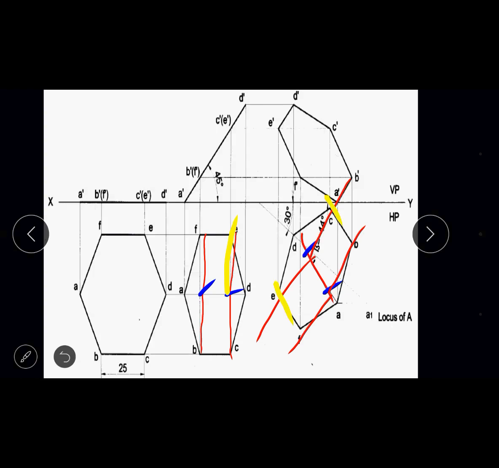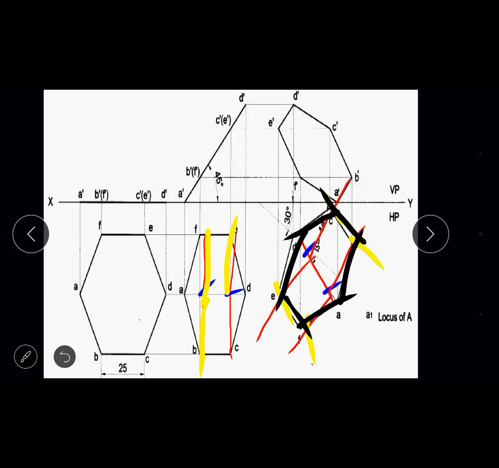Then again similarly do it on the next line, that is FB. So from here to here, measure the distance, and then cut an arc over here. Then again measure this distance, then cut another arc over here. So in this way, all the remaining 4 corners, that is corners B, C, E, F, are now available. With the help of these 6 corners, you can get the lamina. So join the lamina from A to B, B to C, C to D, D to E, then E to F, F to A.